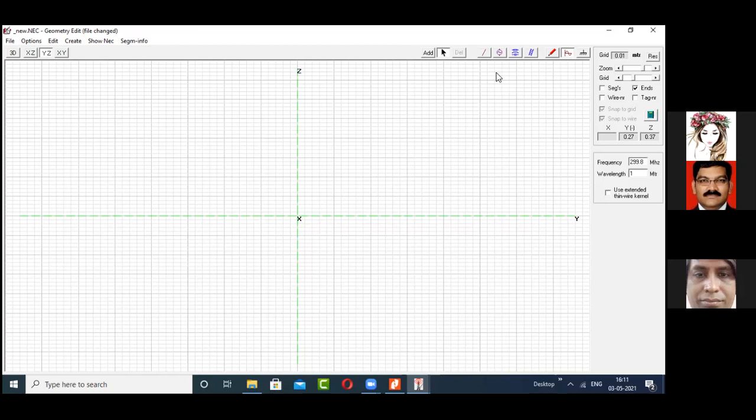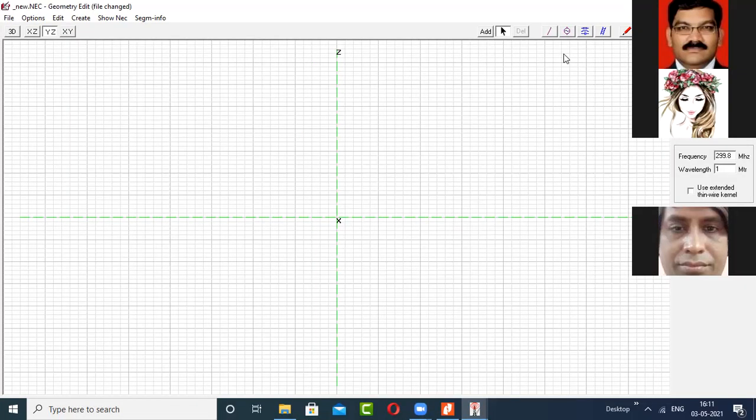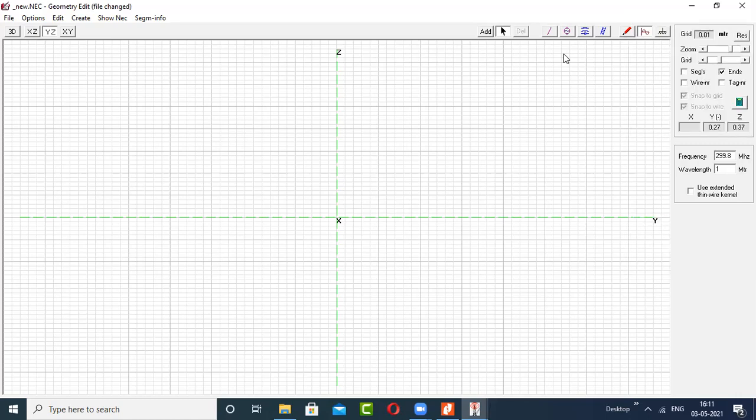So in this particular experiment, what you have to do is analyze the dipole for different radius and different length. If the radius is changed, then what happens to the resonant frequency, the bandwidth, and the radiation pattern? And if the thickness of the antenna is kept fixed and you are varying the length, then what happens to the resonant frequency and the radiation pattern? By performing this experiment, you will get certain information related to the wire antenna, which is I think the second module of your syllabus. So let us start.